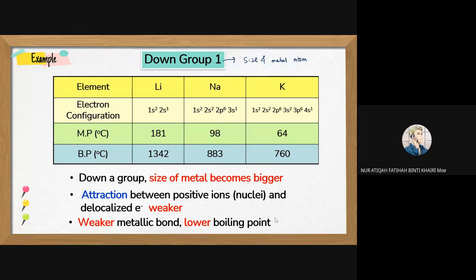Tak ada. Okay, tak ada. So everything is clear. Okay, so untuk 4.5 metallic bonding, sebenarnya selain daripada kita cerita tentang metal itself,